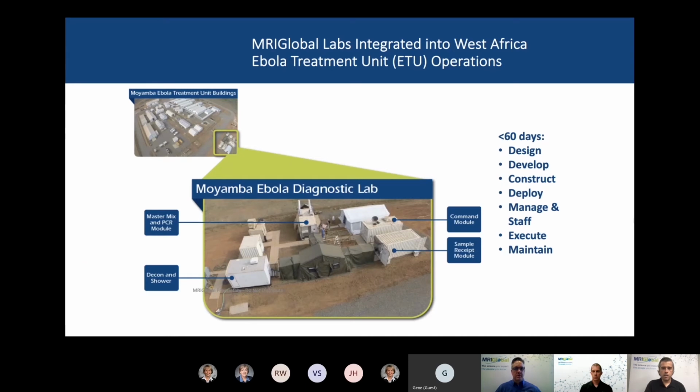And again, this is sort of more detail on our operations in West Africa during Ebola. So a little bit more broken out information on what those mobile labs entailed. So you could see we had here the master mix and PCR module. We had the sort of command module, a sample receipt module, the decon and shower. And so in less than 60 days, we were able to design these for this particular crisis, develop, construct, deploy,